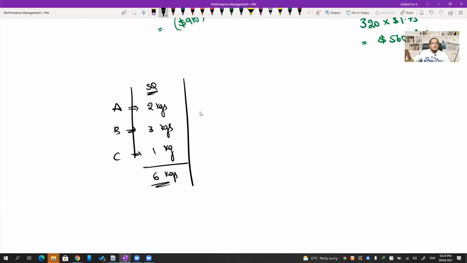What I did is, actually, I changed this mix. I made it something like 3 kgs of A because it is a little bit cheaper. B, we used only 2 kgs because it's a little bit costlier. C, I used 1 kg. So total is still 6 kgs only. But we changed the mix of the composition of the materials that are used.